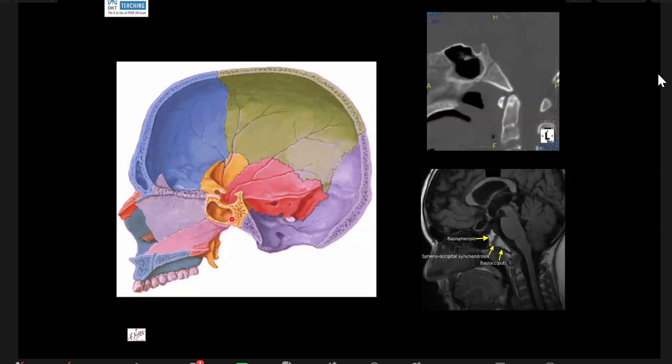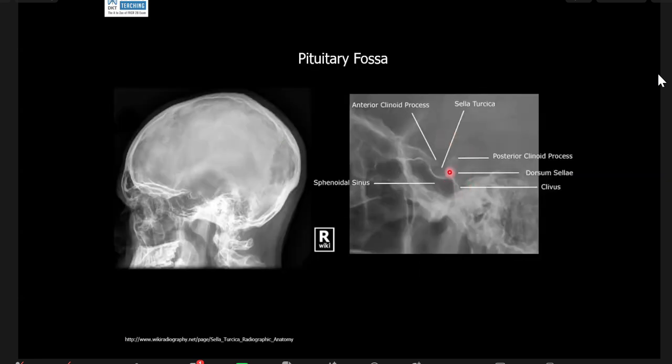And this is the key concept, the key orientation, which I was asking in the case which we just did. I'll come back to that. Just see here, this is the clivus, anterior to this portion it will be the sphenoid sinus, and then will come the nasopharynx. So this is on a plain X-ray, and all of you know this anatomy: posterior clinoid, anterior clinoid, sella turcica, sphenoid sinus, and please remember that a portion of the sphenoid sinus sits below it, and in your exam you will see pituitary